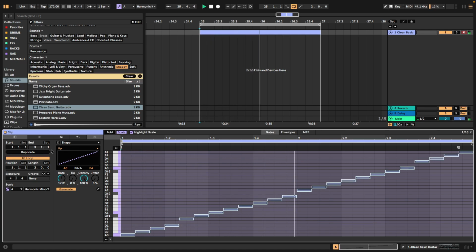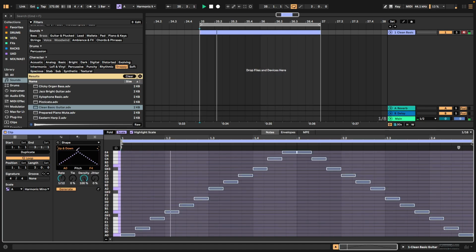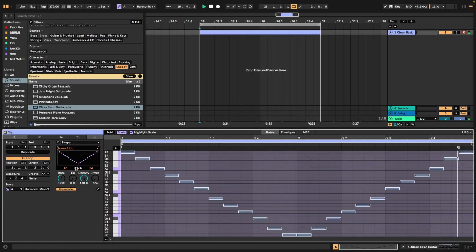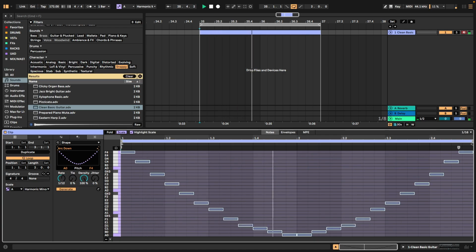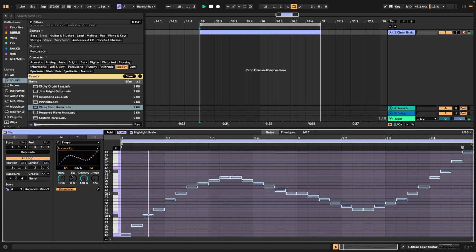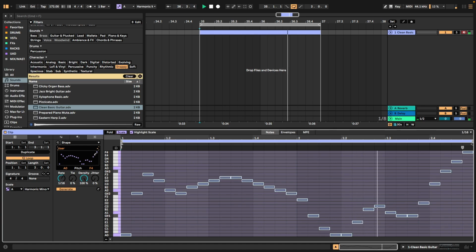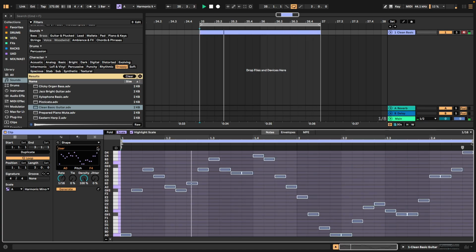So I can choose up or down, up and down, some arc, arc down, bounce up, and I can even draw my own shape. This is much easier to generate ideas, always locked to some scale.